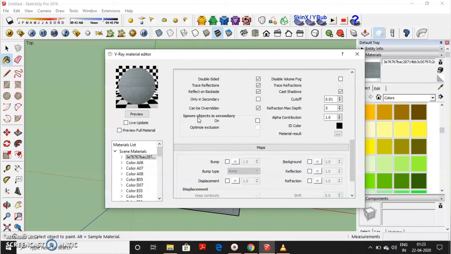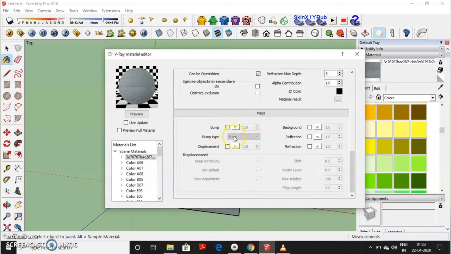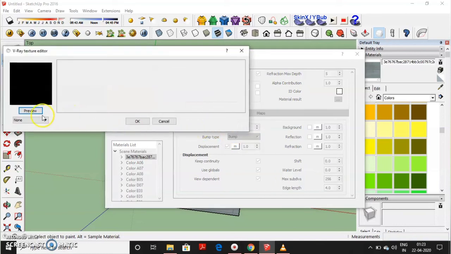And to give a rough look to it, scroll down to maps, activate the bump and displacement. Go to material, this M option, and go to text bitmap.